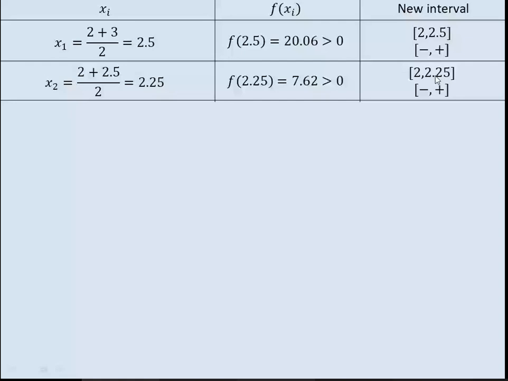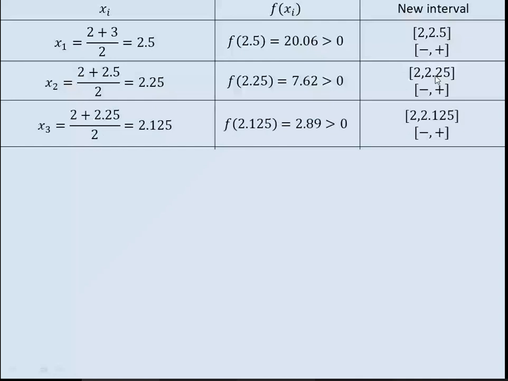Finding the midpoint, find the value of the function at this midpoint. Check whether it is positive or negative. If positive, then replace this positive term by this value. If it is negative, then replace the negative term. Okay, because we want opposite signs. So to get opposite sign, if we get positive, then replace the previous positive value by this value. If we get f to be negative, then replace the negative value by this corresponding value.